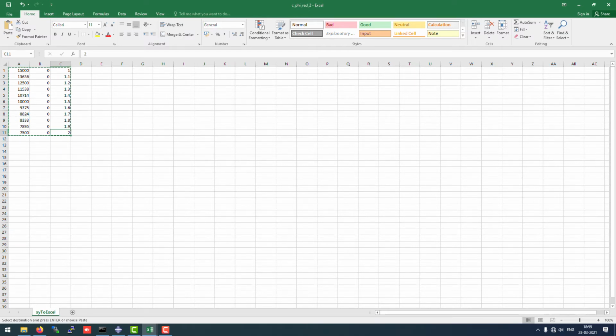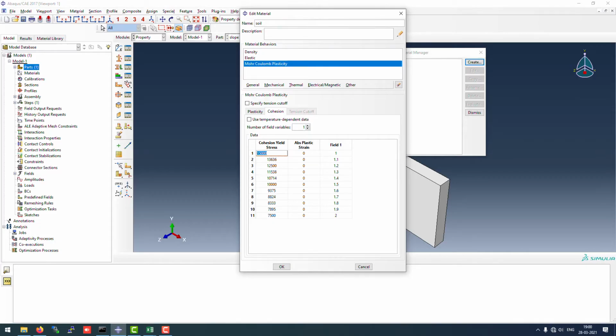At field variable 2, our cohesion will be half. So this is one method of calculating factor of safety, but there are several more methods like Morgenstern Price and other variables. So here you go. Although they render the results very similar, the results will be very close. So we are done. Now one more thing you can do is use the soils step, or you can use the dynamic explicit step.